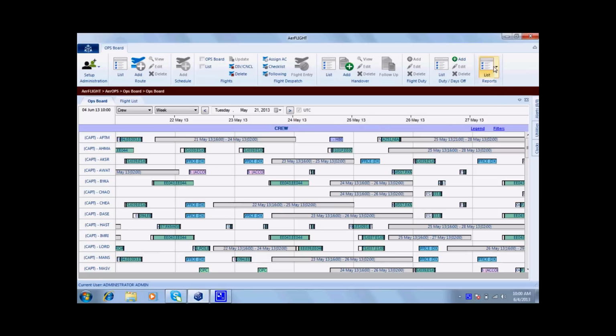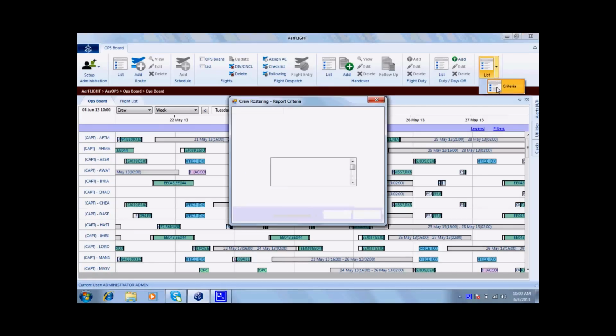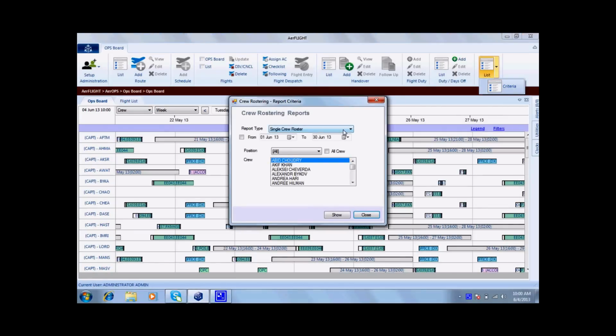Once we have entered all our details, we also have a number of reports that we can access. We have the single crew roster report, cumulative duties report, crew utilization report, a roster summary report, and a utilization summary report. You may select the type of report, the date from and to that you want to print the report for, whether you want to print the report for all the positions or only for one particular position,